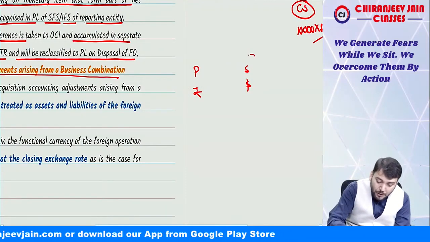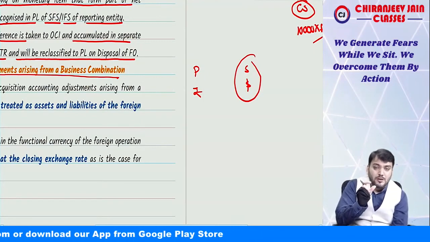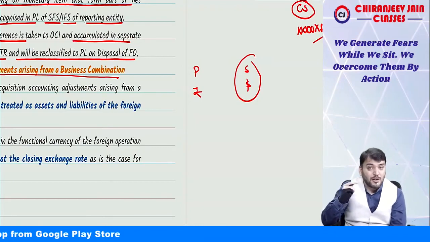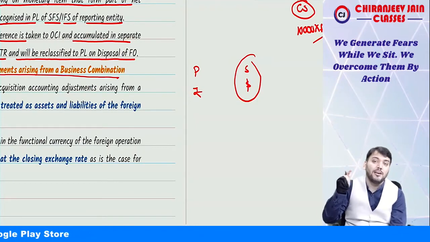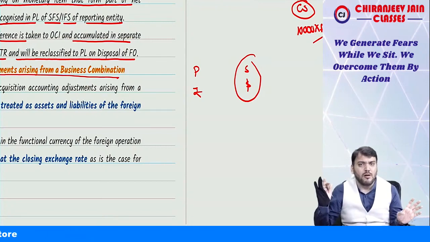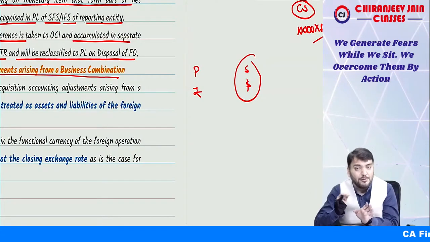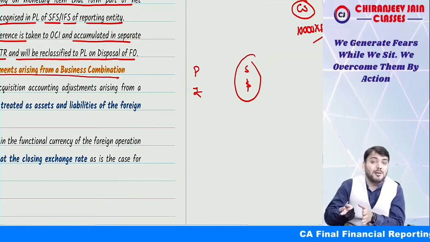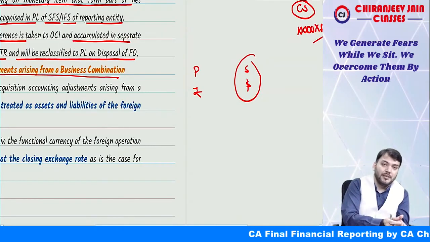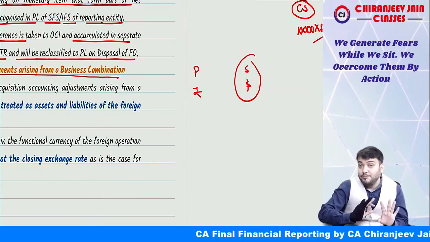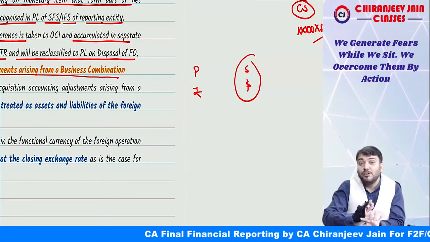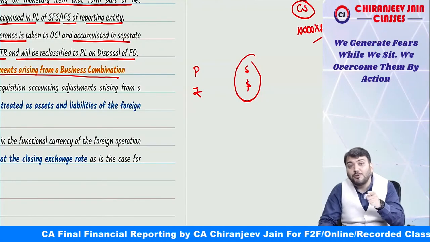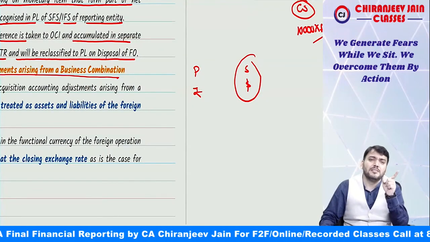But already I have uploaded a video of consolidation of foreign subsidiary on my YouTube. If you want to learn that part, you can go there and watch it, because it will take much time, 2 hours 3 hours, to explain each and every point. So it is not important from examination point of view because they have not given any question in ICISM, but they may ask. I never say in my regular class also that they will never ask. So I say in my regular class also, if you want to learn, already I have uploaded it on the YouTube channel.